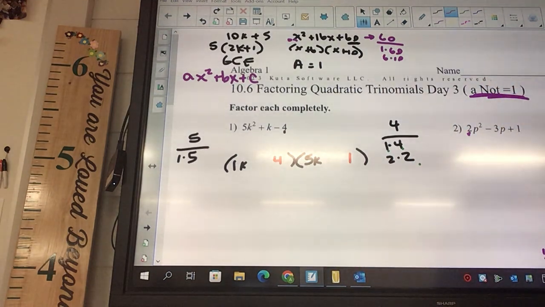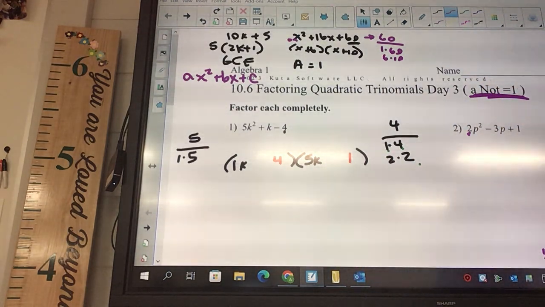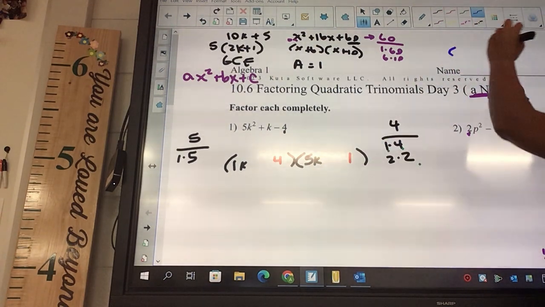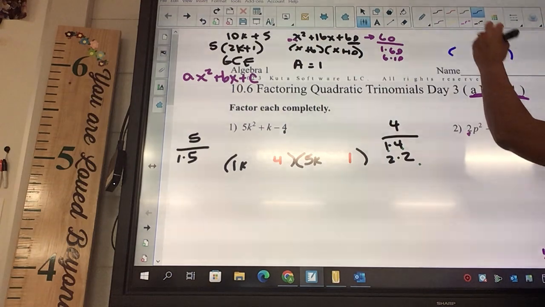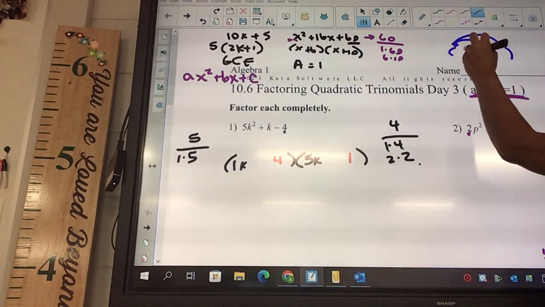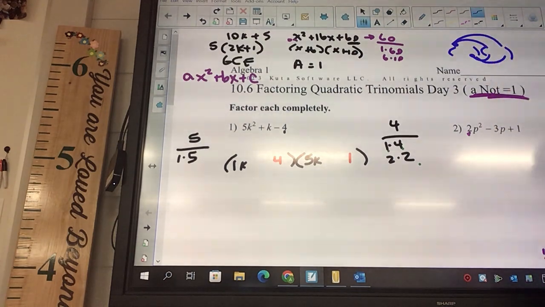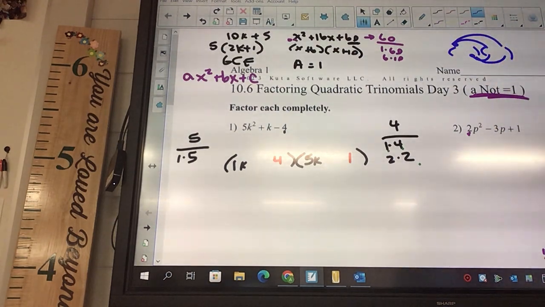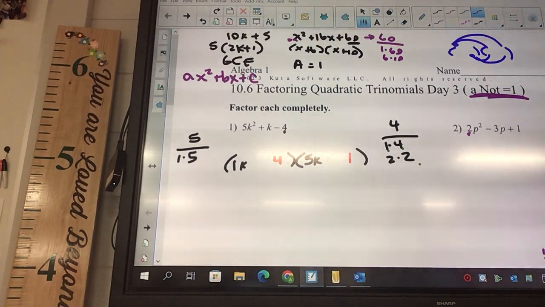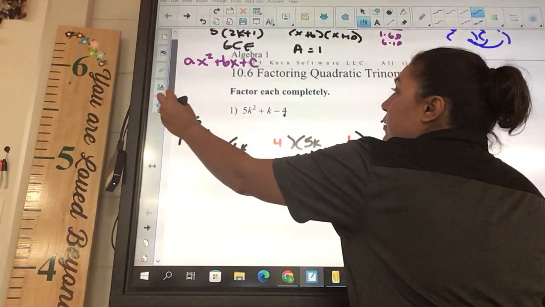Okay, and again, this one is the one where we're going to do slow, okay? So when we have two sets of parentheses like this, if you remember, we have to FOIL, meaning you drew a rainbow, rainbow, and a rainbow, rainbow, okay? We did the first, the outer, the inner, the last, which is kind of what you have to do today, okay? So when we multiply the first, okay,